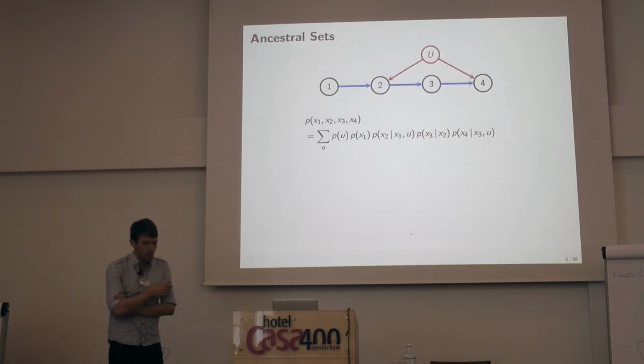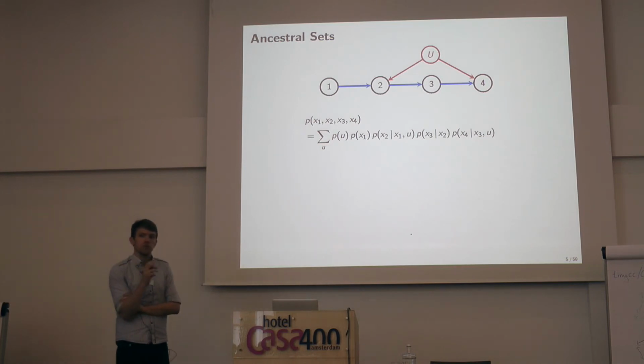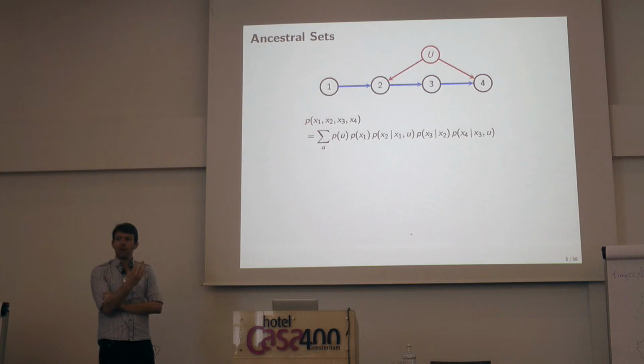Okay, so the approach I'm going to take is to use 2 constraints, 2 properties of the latent variable model, which we know hold, and use them to define a model. So the first thing we know